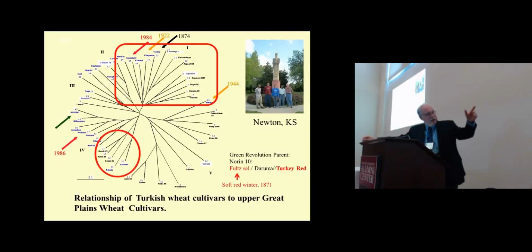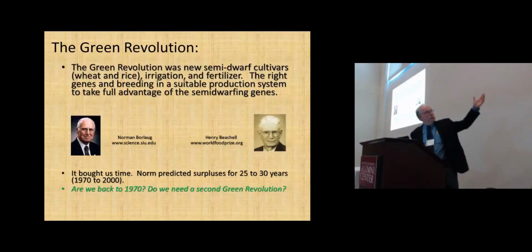And that one crossed to Brevor, which is actually a PNW wheat, became the source of the whole Green Revolution. So if you think about how genes flow globally, there's a little bit of the Great Plains in every modern wheat cultivar. Okay? And if you've seen a picture of Norm Borlaug, the equivalent done in rice was by Hank Beachell. The semi-dwarfs make sense in context. Irrigation, high fertility, no lodging. That's what you needed them for. So you have genes, put them in the right context, they become valuable.